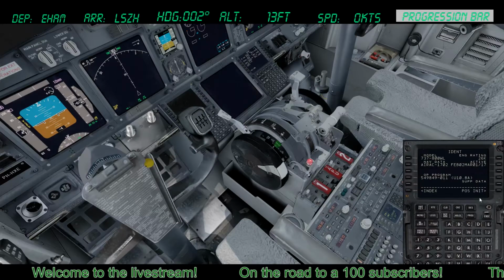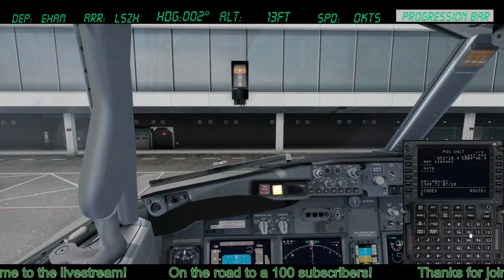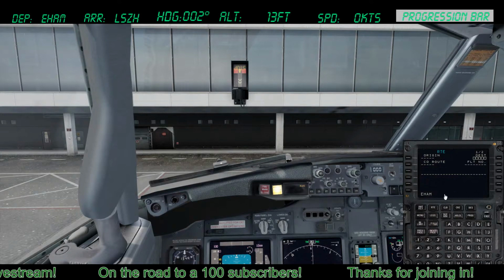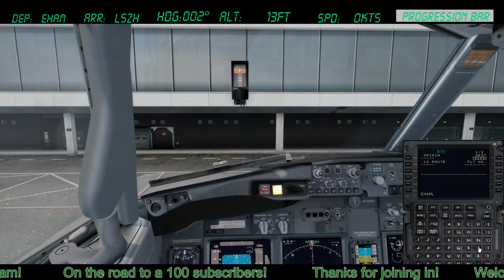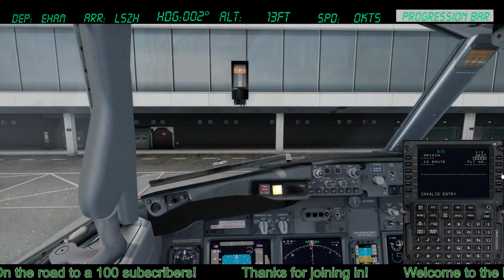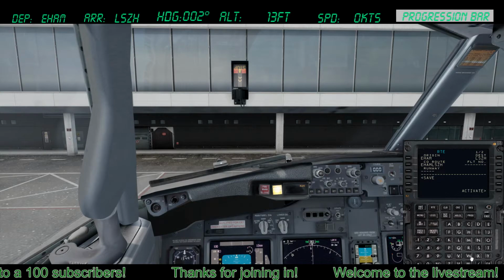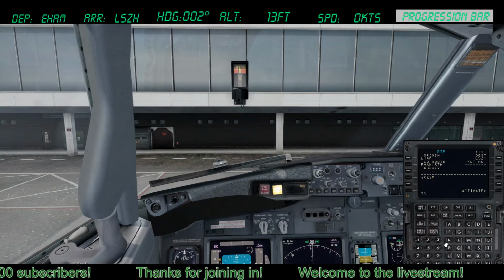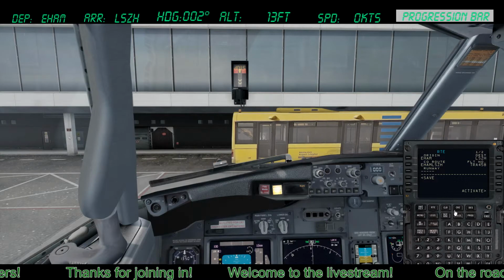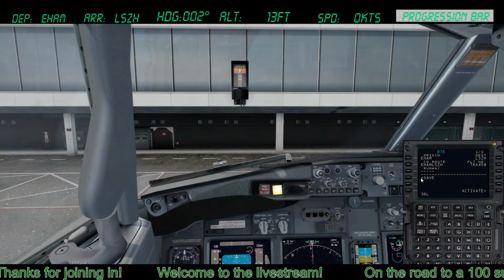So let's do some FMC programming right now. We're at Amsterdam. The route is Amsterdam to Zurich. Not that one. Company route, please. Flight number is Transavia 458. And the runway, I'm guessing 36 left, so